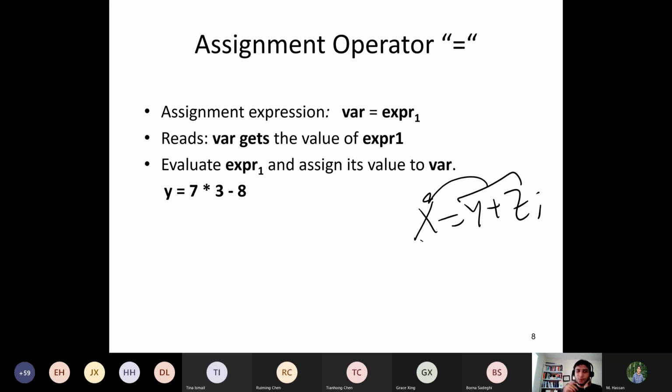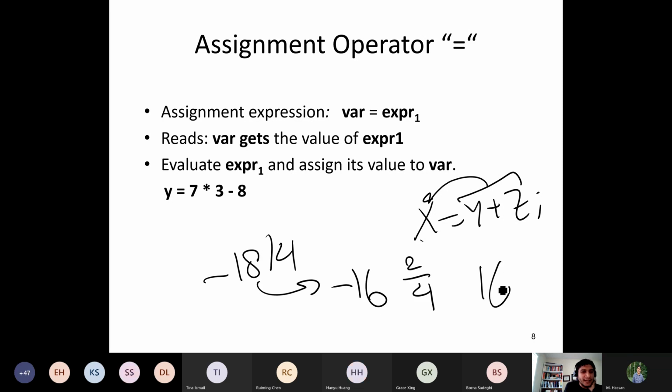If you do this, do you say I get -16 and then 2/4, or do you say I get -20 and then 2/4? As you can see, both are correct. So I guess you have to try it in your compiler and see which one it picks.